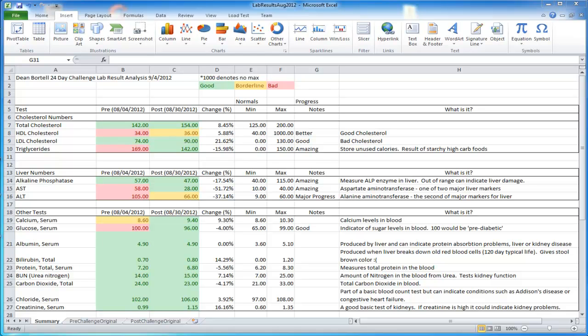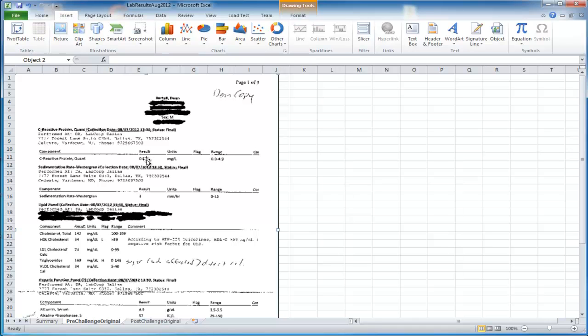Now, what I've got it in is an Excel sheet. The front page is just the facts, where I break it into pre and post and notes and actually what is the test. But along here on the bottom, you'll notice the tabs where we've got summary, the pre-challenge original. If you double click this, it will open a PDF. So make sure you have some kind of PDF reading software,